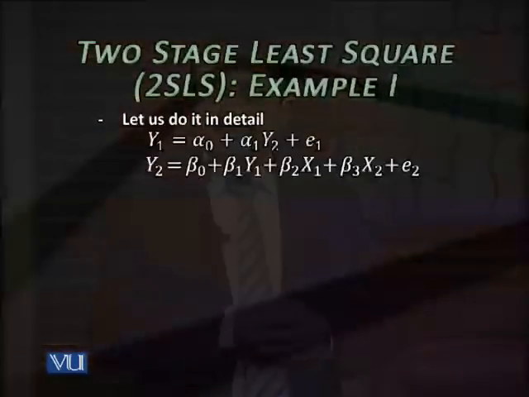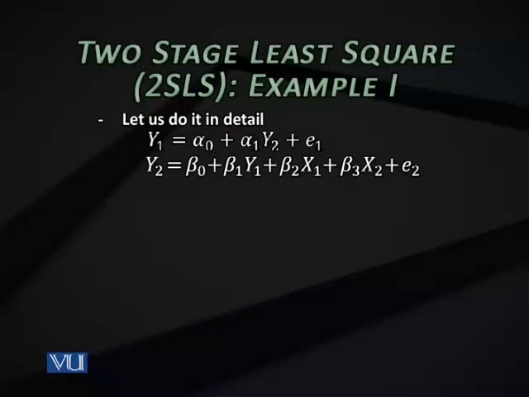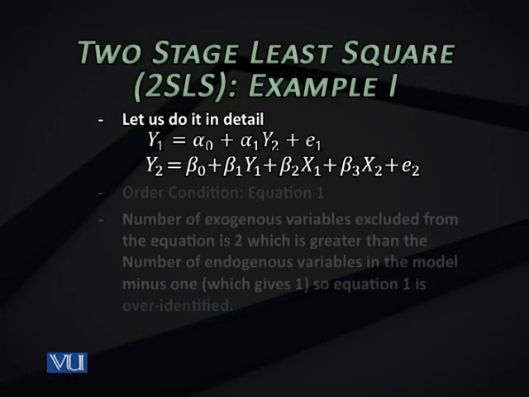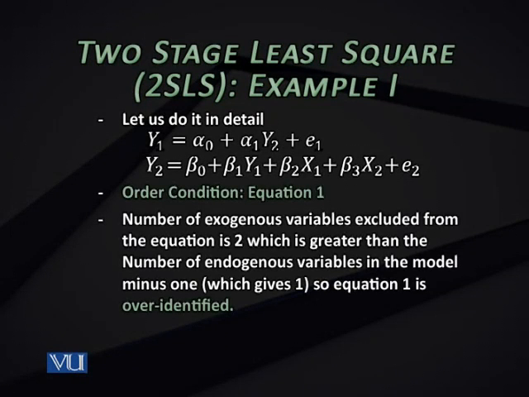So now let's take an example. We can take examples and data and estimate and show you how we can estimate 2-stage least square parameters, and then later we'll move to direct Stata commands to show how to get the parameters of 2-stage least square application on over identified equation. So now consider an example which you are seeing on the screen. It's the same model we are discussing at the moment. The first equation is over identified, as you know, by order condition. The number of exogenous variables excluded from equation 1 is 2, which is greater than the number of endogenous variables in the model minus 1, which was 1. So equation 1 is over identified. 2-stage least square must be used.